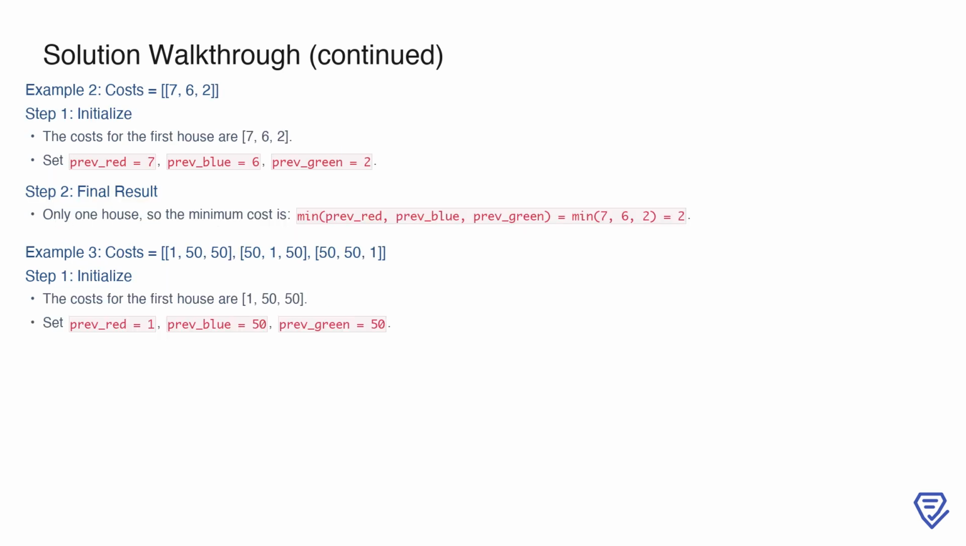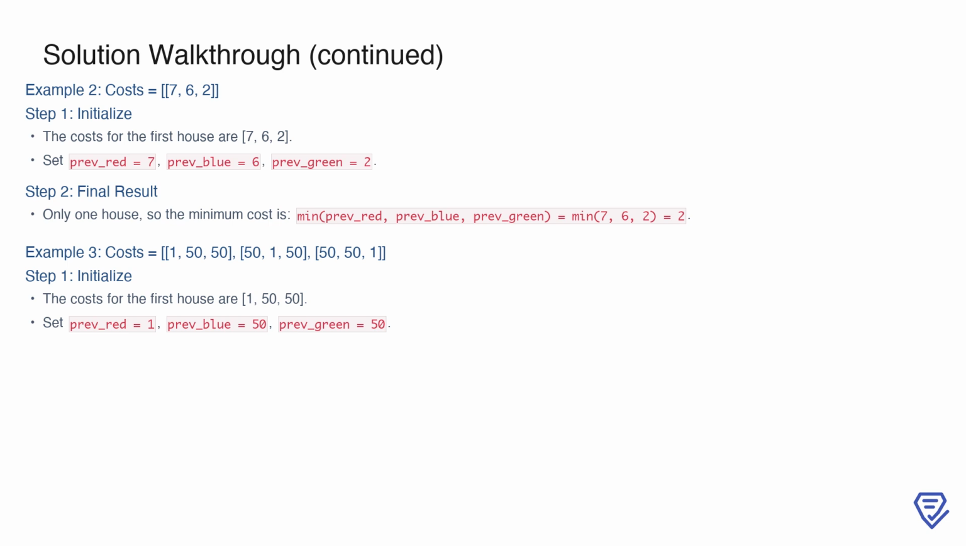In this next example, we consider a scenario with only one house. The given costs for painting it red, blue, and green are 7, 6, and 2, respectively. Since there's only one house, we simply initialize Prev_red, Prev_blue, and Prev_green to 7, 6, and 2, respectively. The minimum cost in this case is straightforward. We take the smallest value among these three, which is the minimum of 7, 6, and 2,